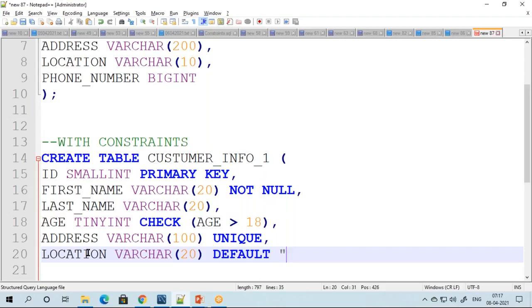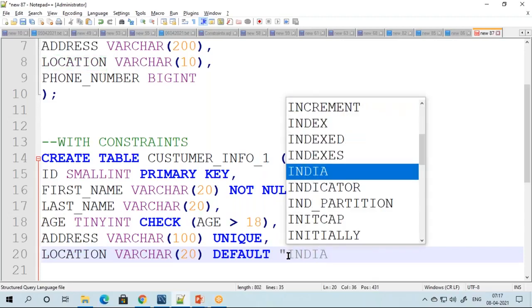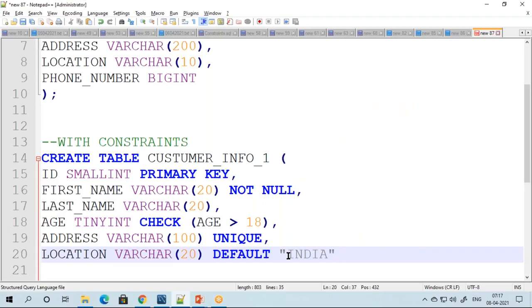Someone who doesn't give a location, for them the default value should be India. Considering I'm dealing with my India-only data set, if someone is not entering their location, make sure you